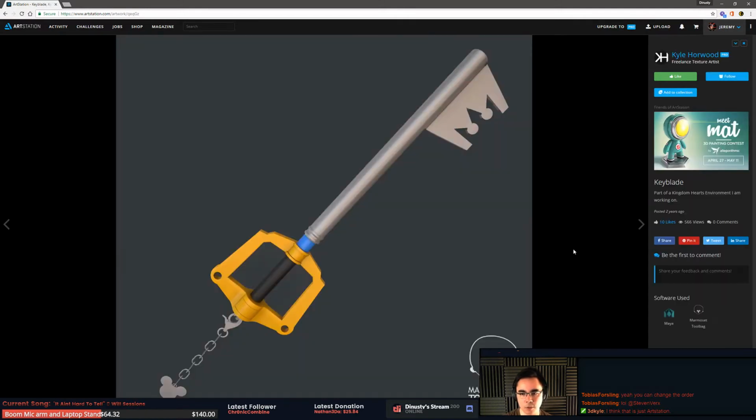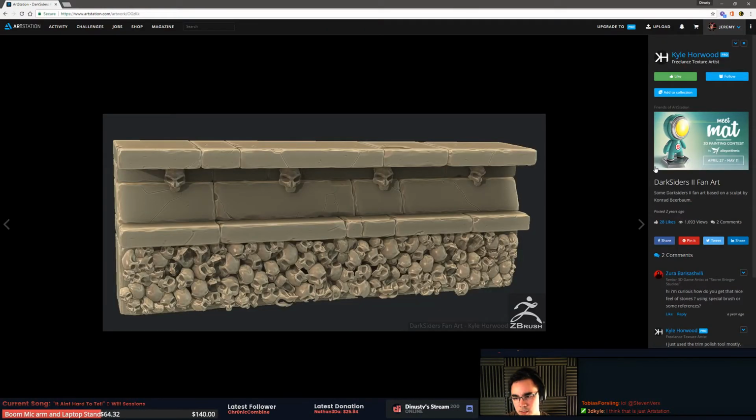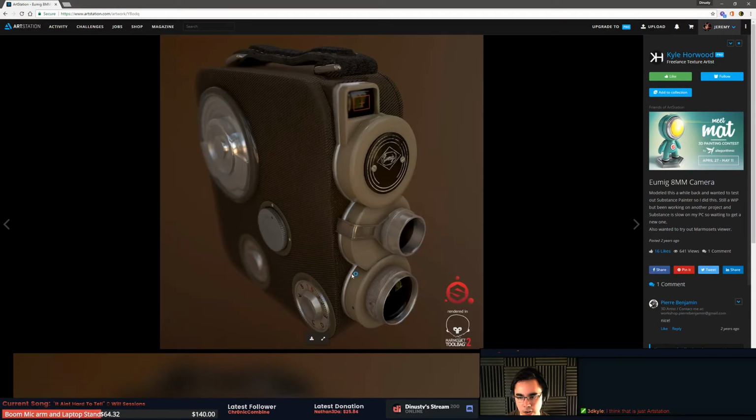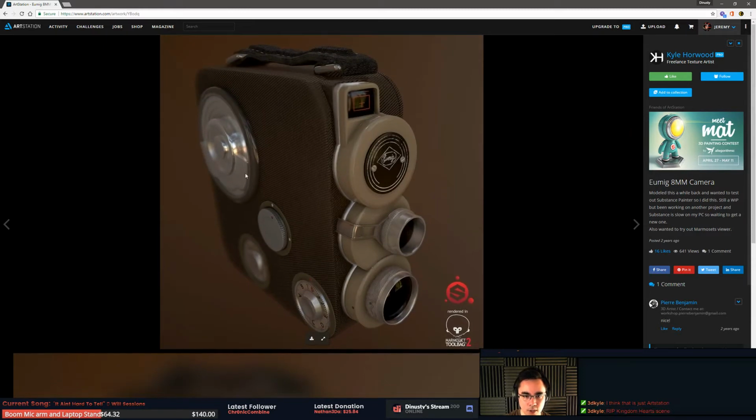Let's see what we got. A Keyblade here. So this looks like really old work. Yeah, it's 2 years old. This one's 2 years old. It's a year old. Oh, we're digging back now. So this is 2 years old. Interesting. Because what I'm seeing here